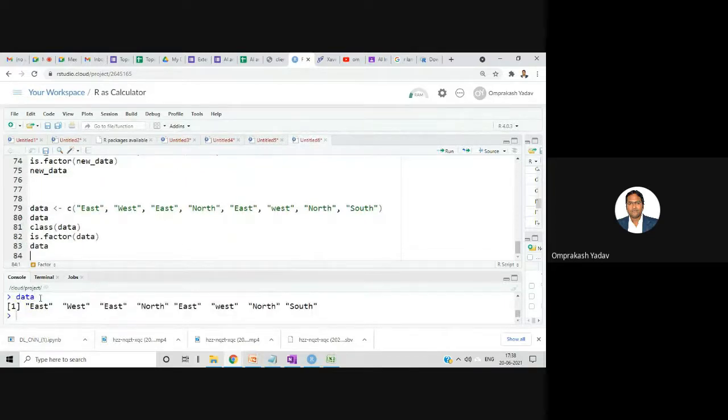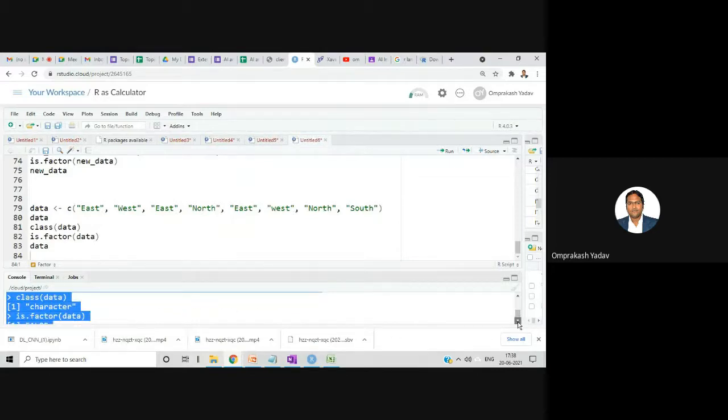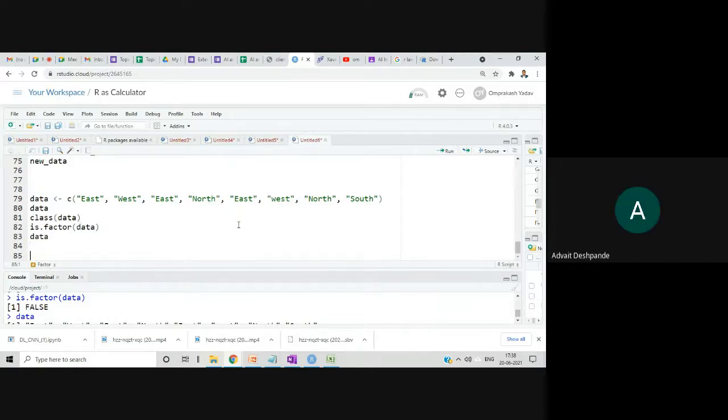Now I want you to convert this data into factor data, because you can clearly see that whether there will be 1,000 lines of data records, in this particular column only the data east, west, north, south will be there. So there will be 4 categories, and you can convert into the 4 categories. So just try to do this one. The levels here will be 4, right?